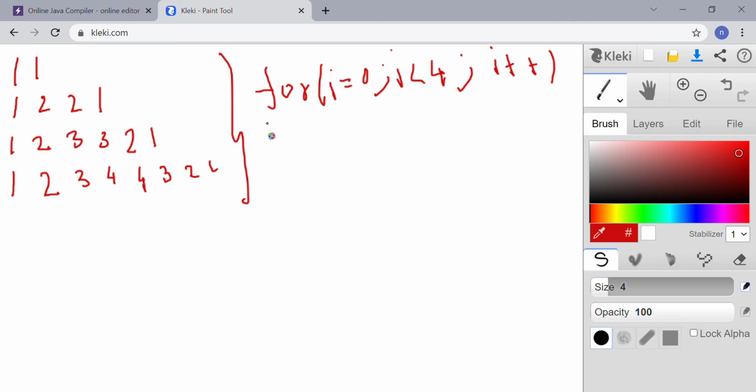Then inside this for loop we need to define one more for loop for traversing column wise. So this is the column, this is column 1. We need to traverse like this. So for that, for j is equal to,